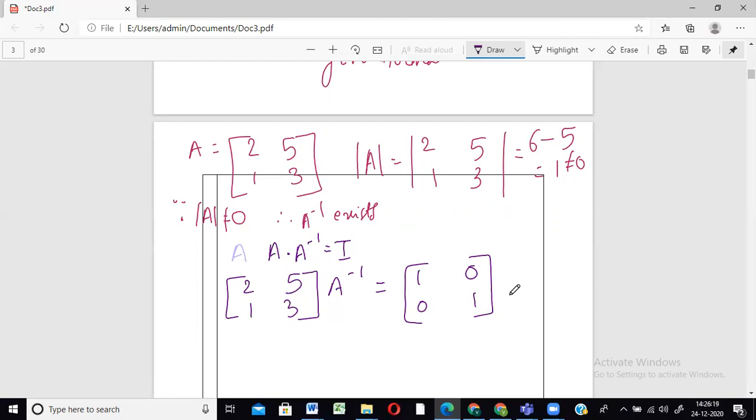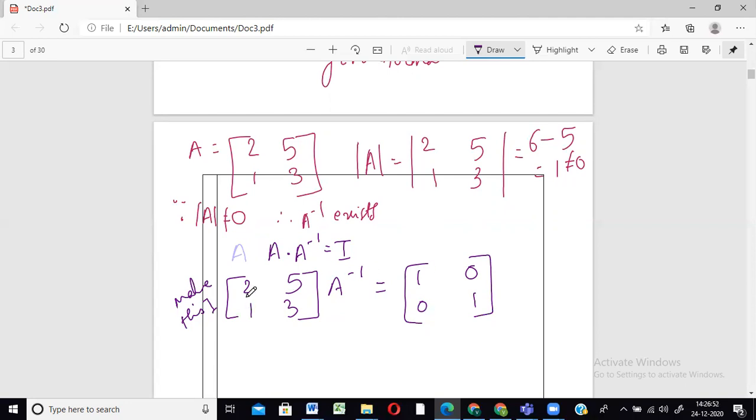Most of the times, what is the procedure of doing this? क्या करना है basically? तुमको ये वाला जो है ना 2153 जो original matrix A, this you will make identity using suitable transformation. Why are you making this identity? Because if I make this identity, that is 1001, then the same operations whatever I perform in this matrix will be performed on this matrix as well. Then you will get the inverse, A inverse, over here.